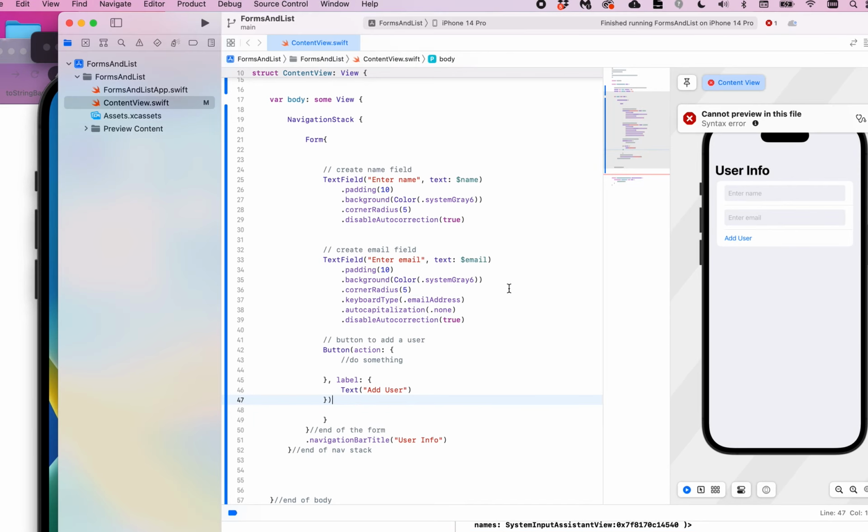Hello, in this video I'm going to show you how to implement an alert in a SwiftUI project. If you're following along from where I left off in my last video, I'm going to add this to this button in the form that I created. However, it's not necessary